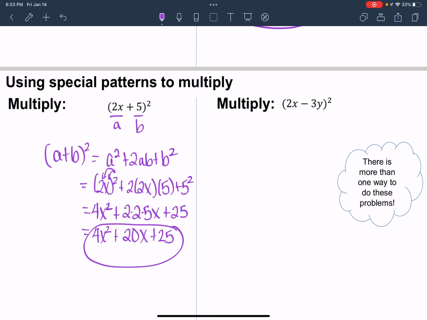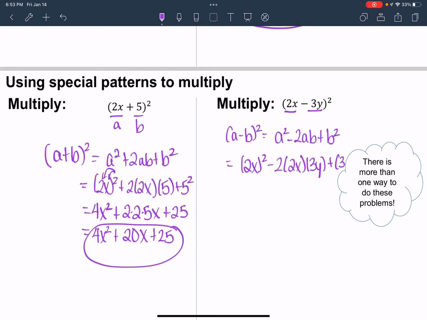So here's another one that's in the form a minus b. So I have a minus b squared, which equals a squared minus 2ab plus b squared. So this gives me 2x squared minus 2 times 2x. In this case, b is 3y,